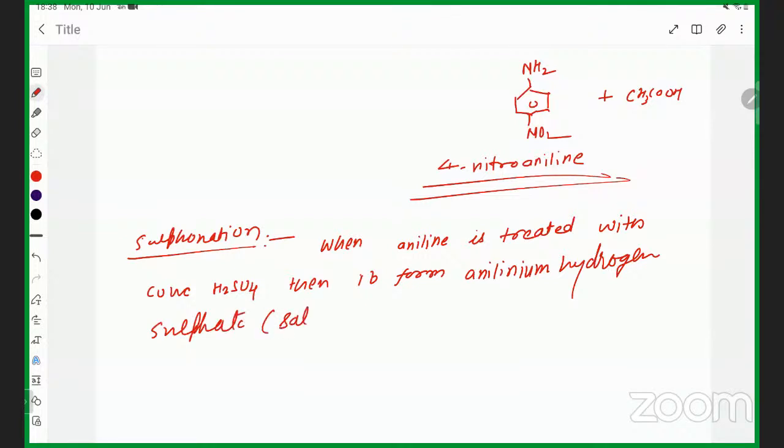In bracket, this is the salt by acid base reaction, which on heating